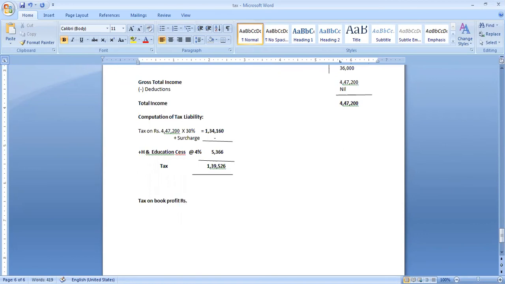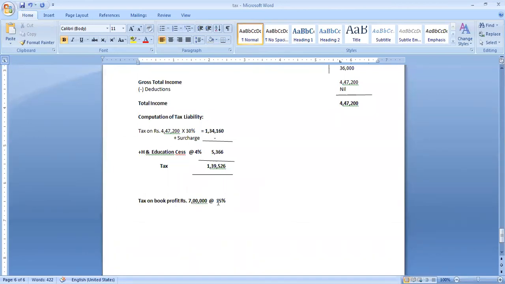Rupees 7 lakhs. As per our calculation, we are taking the rate as 30%. This is a flat rate, but in minimum alternative tax, another fixed rate is there, that is 15%. Up to last year, it was 18.5%. But from this year onwards, it is changed to 15%. So on minimum alternative tax, you have to calculate.